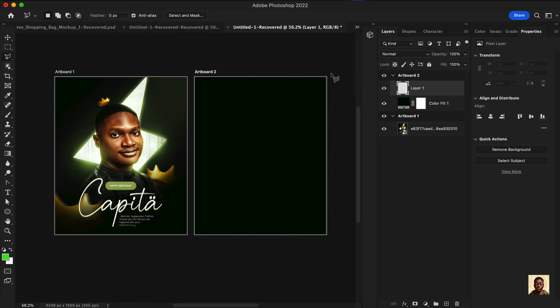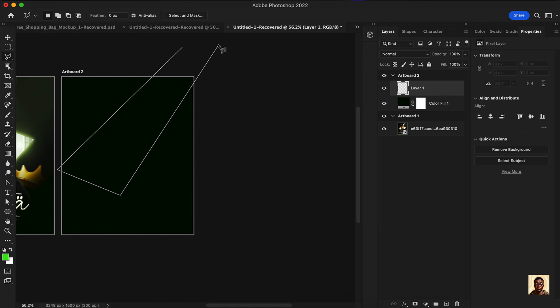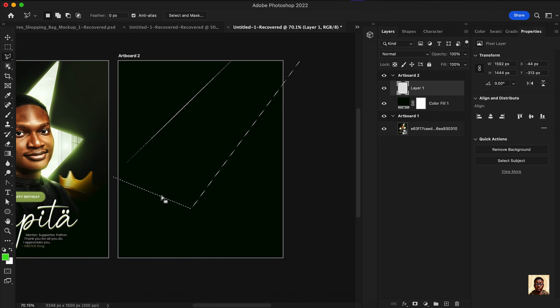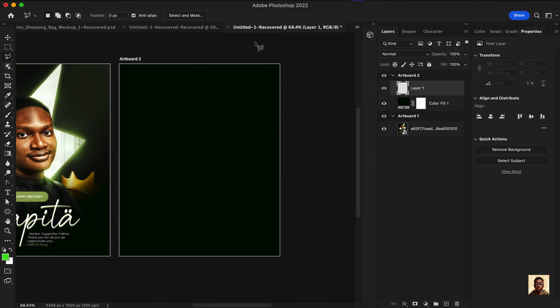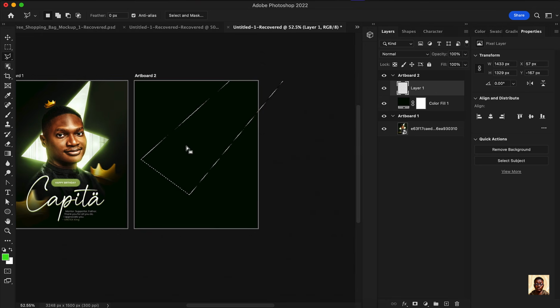What you need to do here is simply draw like this. Make sure you have all of these settings active, and you can draw from this part here. You don't need to be too perfect. Draw from this part here, this part here, this part here, and finish it up here. Let me do that again. Draw from this part, this part, this part, this part, and close it up here like this to form this